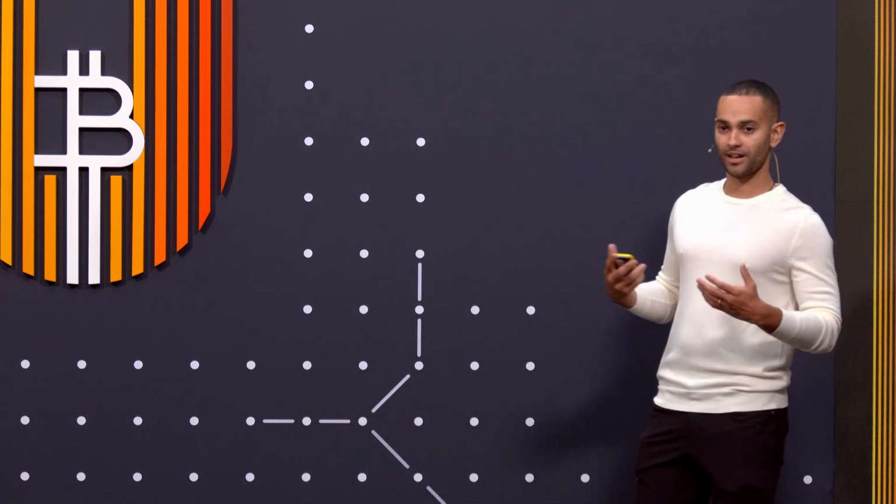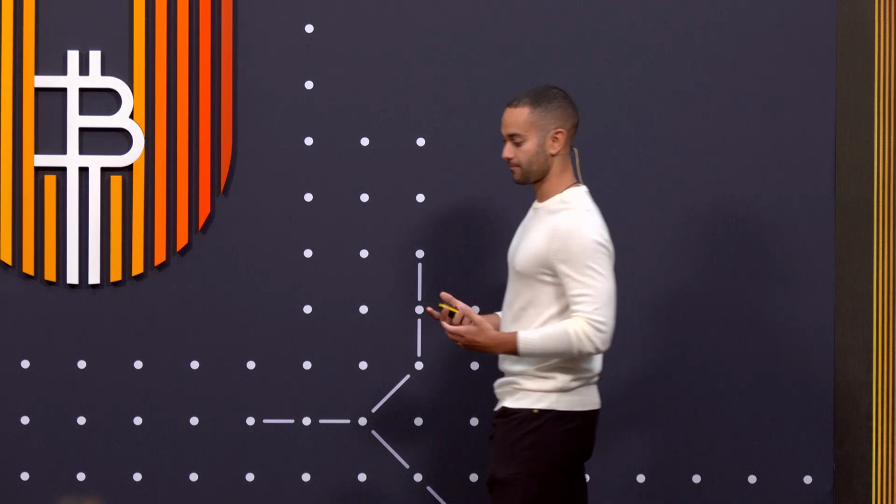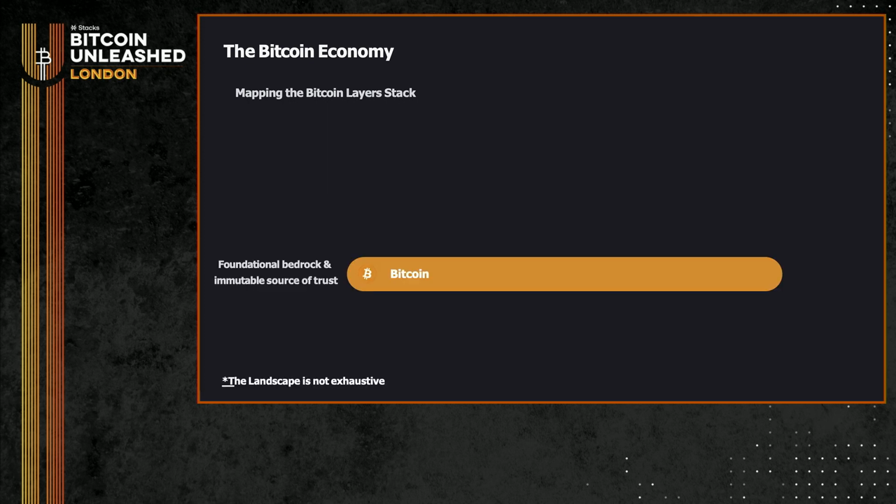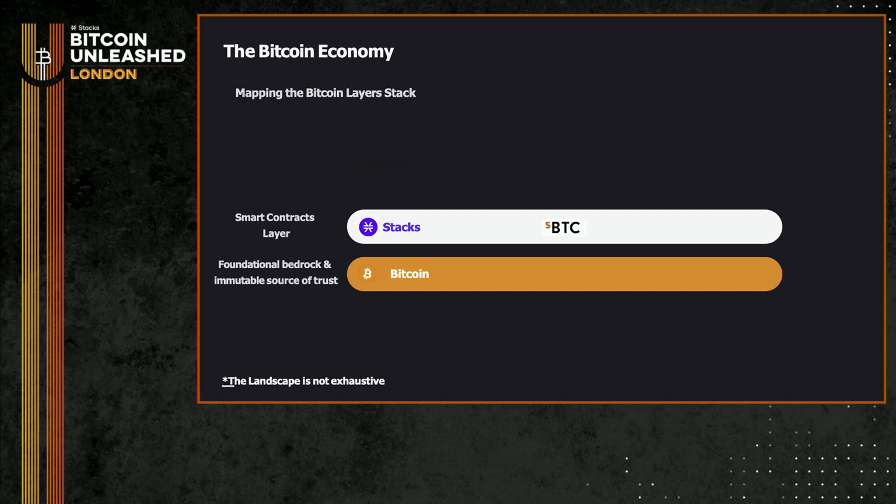So I've been talking a lot about the Bitcoin economy. I want to take a moment to illustrate really what we mean by that. And so this is a chart that starts to map the Bitcoin layer stack. At the base layer, you have Bitcoin, of course, which is the foundational, bedrock, and immutable source of trust to power the Bitcoin economy. Next, you have the smart contracts layer, and Stacks is a great example of that, which